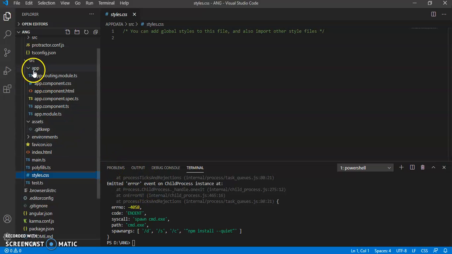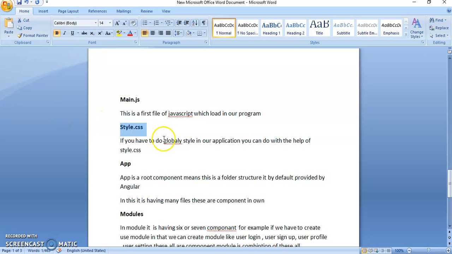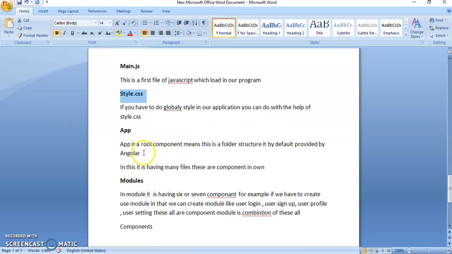This is the app. In app we have app-routing.module, app.component.css, app.component.html, app.component.spec.ts, app.component.ts, app.module.ts. This is a root component, meaning this is a folder structure.